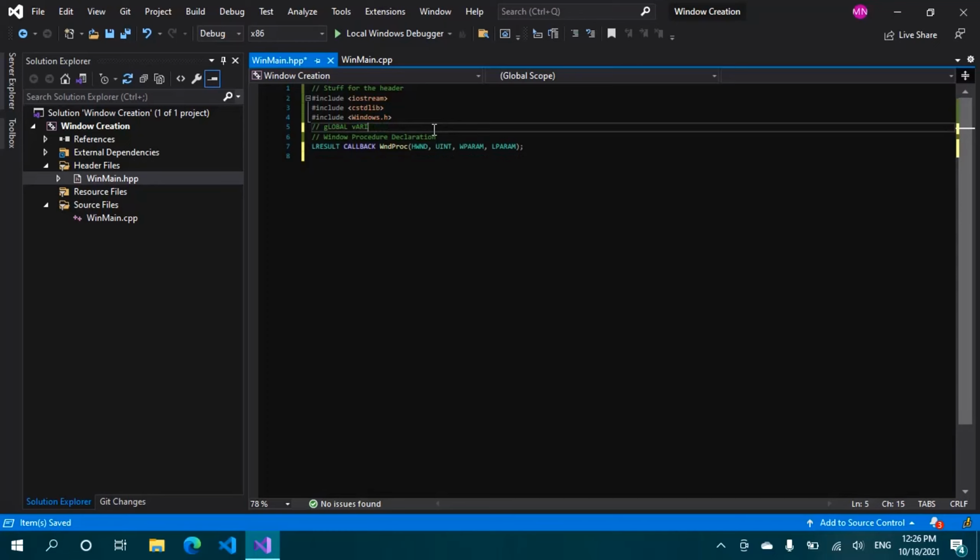Wait. I accidentally pressed caps lock. why did it do that? I don't know, but